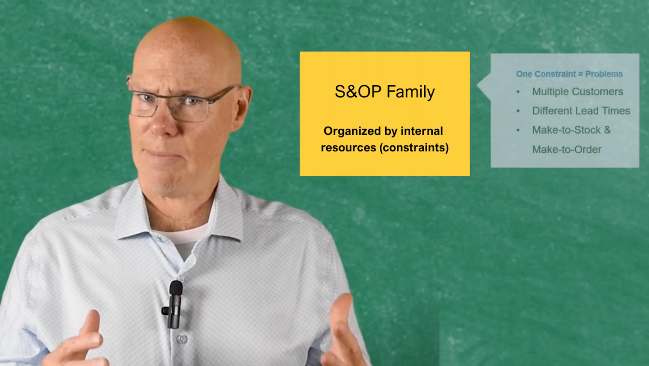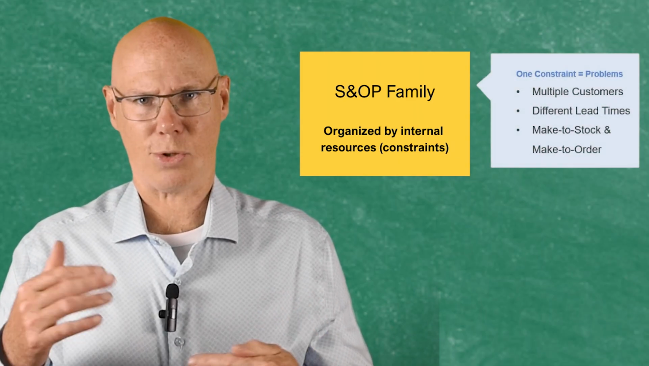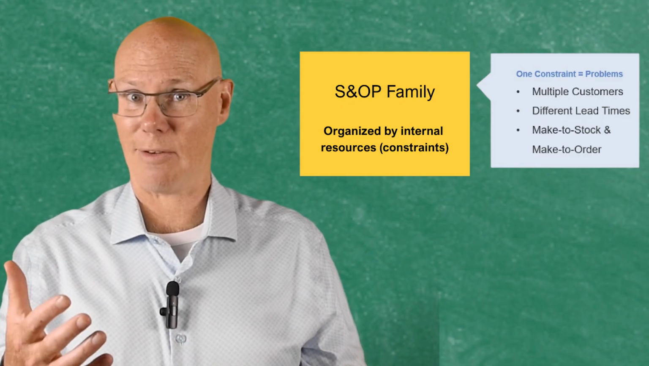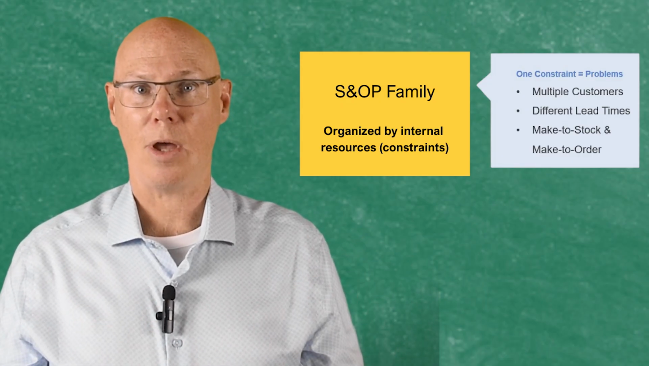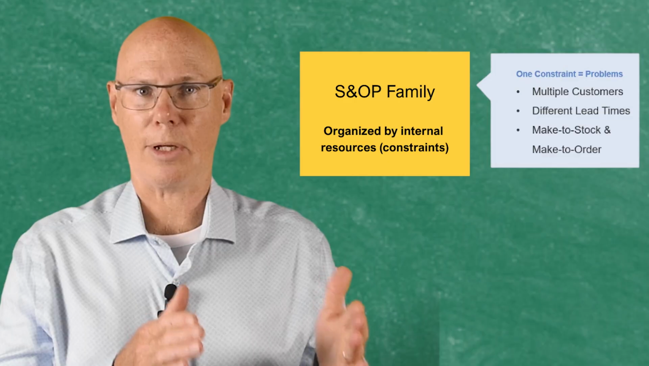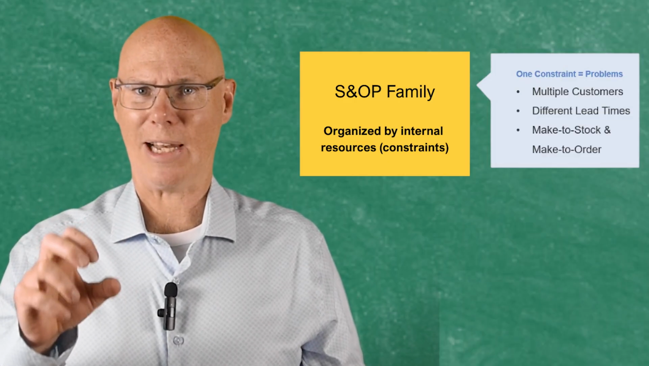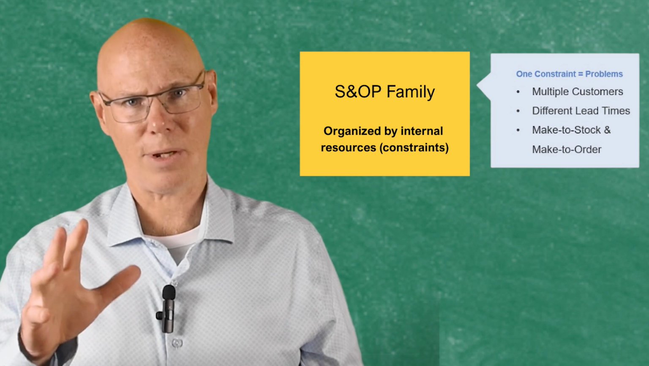We may have different types of customers. There might be some distributors, retailers, integrators, might have different lead times, might have a mix of make to order and make to stock products, all coming through the same constraint. Trying to get a good demand plan together for a family, let alone an accurate one, is a pretty tall